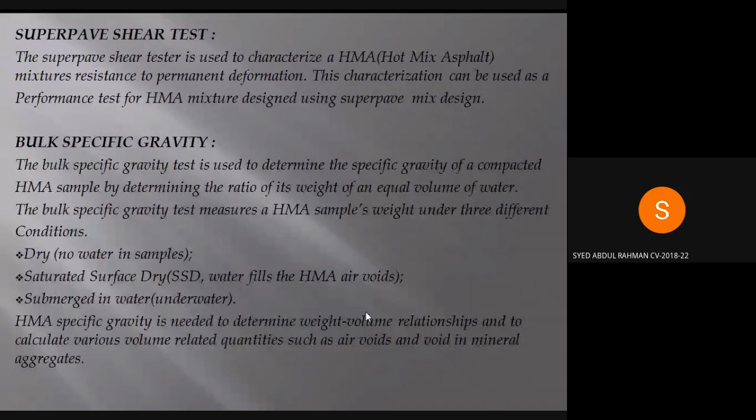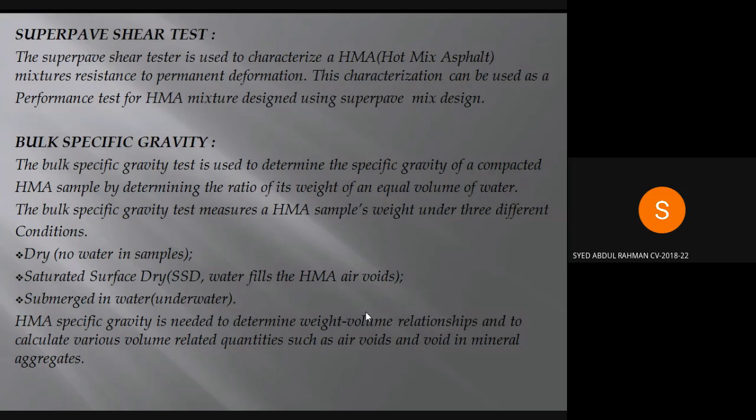The bulk specific gravity test measures an HMA sample's weight under three different conditions: dry, saturated surface dry (SSD), in which water fills the HMA air voids, and submerged in water, which is underwater. HMA specific gravity needs to be determined for weight-volume relationships and to calculate various volume related quantities such as air voids and voids in